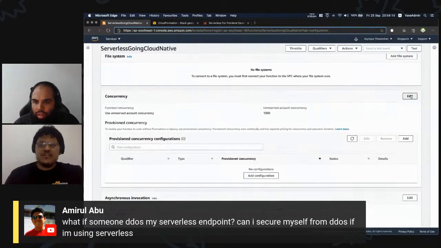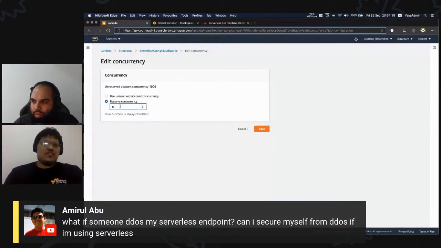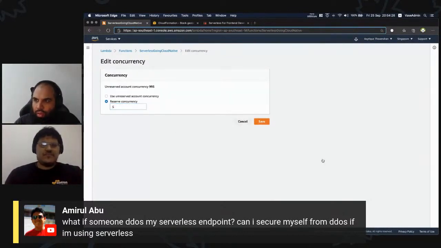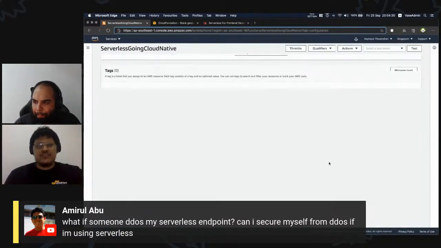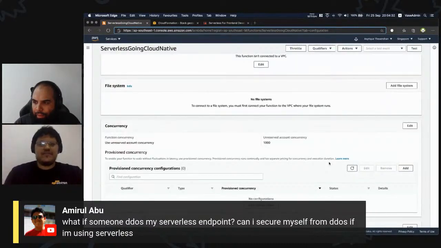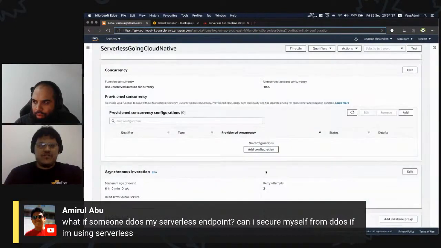There we go. You can edit the concurrency here, and you can say, okay, reserve concurrency, like 5, a maximum of 5 at any one time. So that's how you can limit the maximum number of functions running at one time.